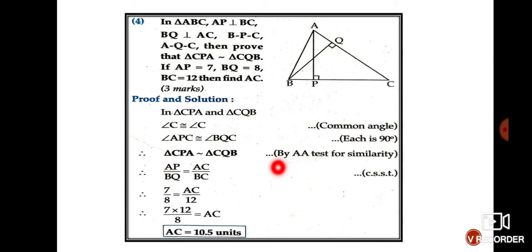So you have seen, girls, mostly we use AA test of similarity. We don't use AAA test of similarity. Then you can write the corresponding sides. Now here there could be a little confusion. Like I said, when the two triangles are similar, then normally there are 3 pairs of corresponding sides. Which 2 pairs are you going to write? If you have a confusion, I would suggest you write all the 3 pairs of corresponding sides.